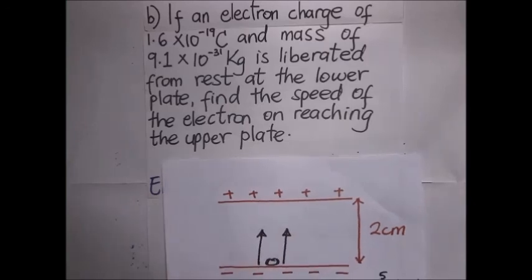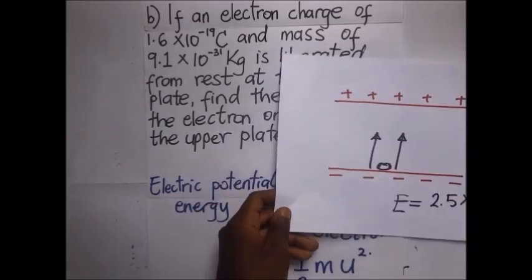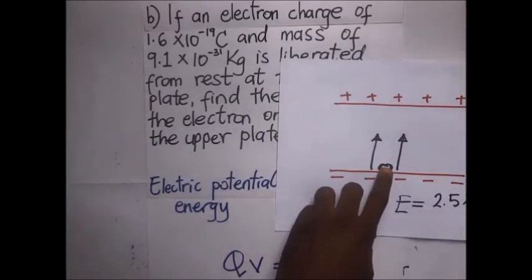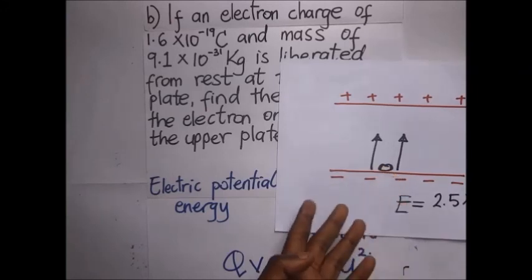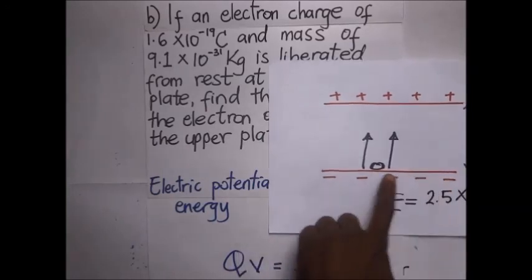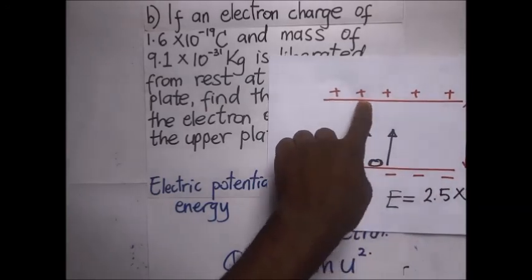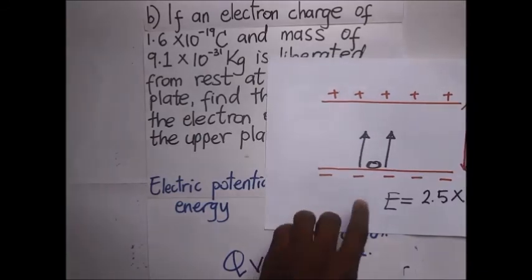So let's get one thing here: this electron has a charge, it is an electron, meaning that it is negatively charged. If it is negatively charged, it is definitely going to be repelled from the negative plate, and it is going to be pushed towards the positive charge as a result. So while it is moving up,